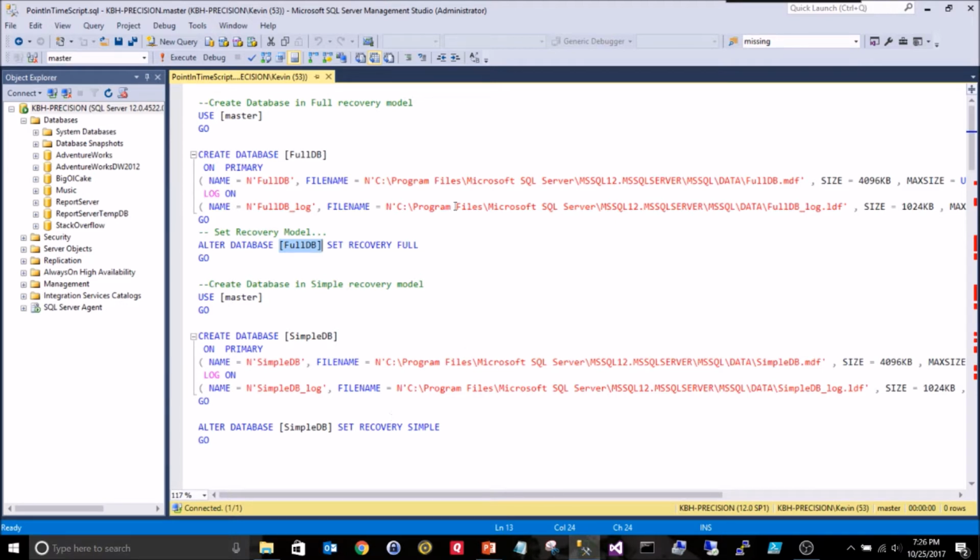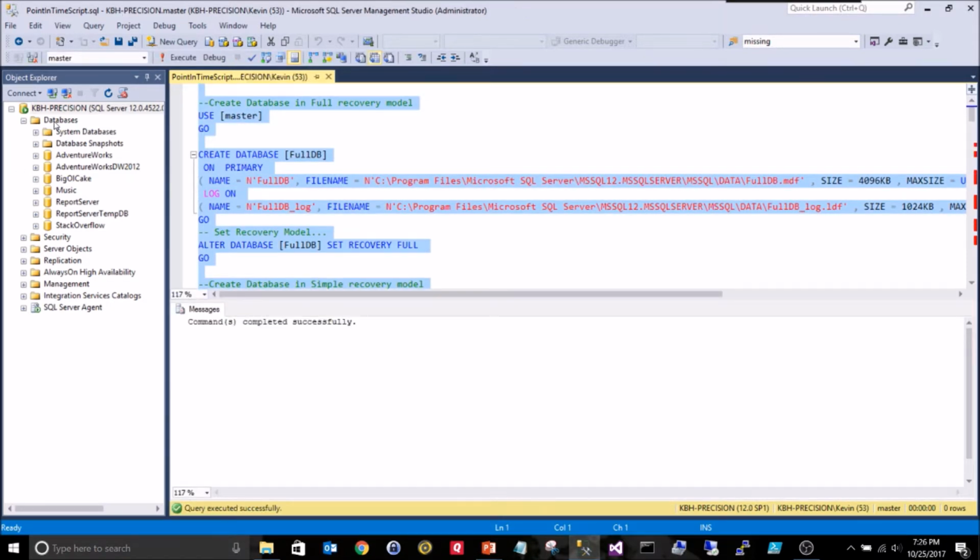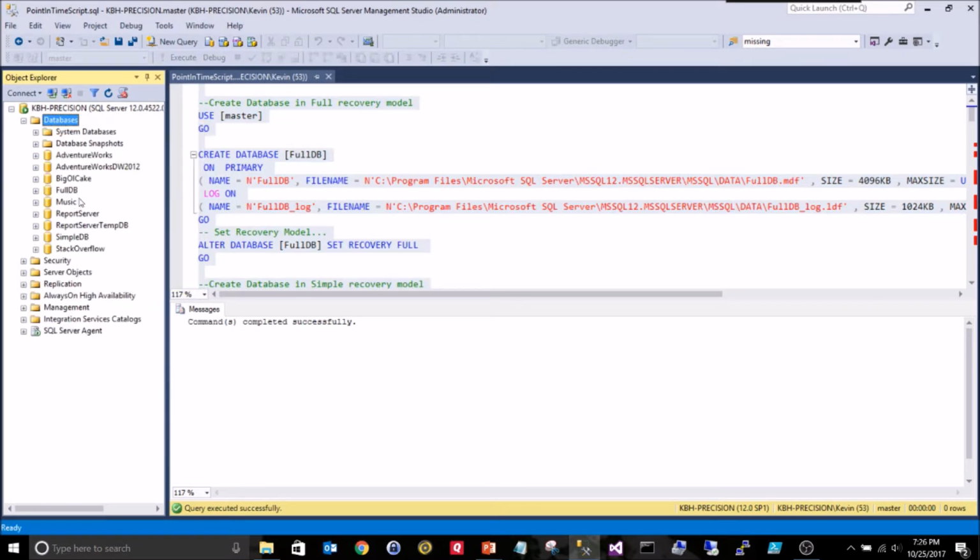So when it comes back up, there are certain things you can and cannot do. It rolls forward through some transactions, a bunch of stuff that isn't really related to the point in time, but there's a difference. Full recovery behaves one way, simple recovery model behaves another. So I'm going to run these and execute that and refresh my databases, and you can see I've got FullDB, which is the one here, and I've got SimpleDB, which is here, and they do have the different recovery models set,